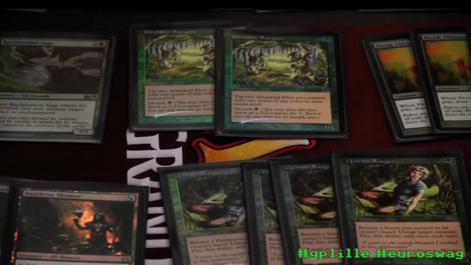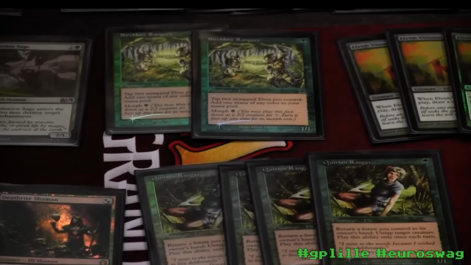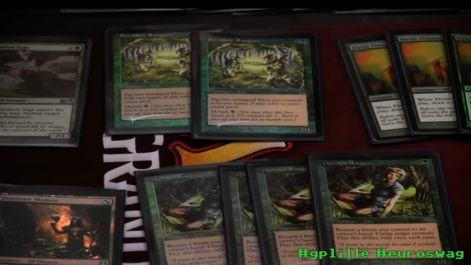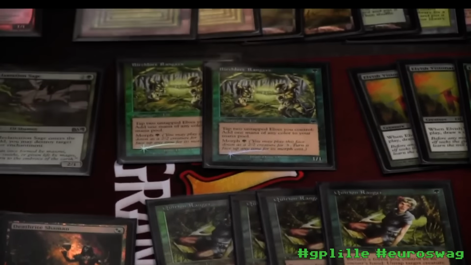You can also use it, that's a corner case scenario, to block Chitter. If they attack with Umezawa's Chitter, you block with Quirion Ranger, bounce it back to your hand, and they don't get counters. Sure. So. All right, one thing I want to point out is for Gaia's Cradle, it is a legendary